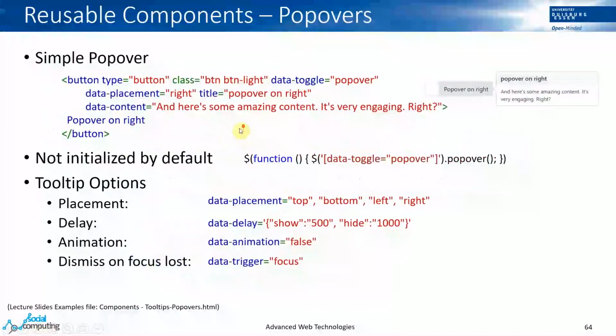After tooltip there is another option which is called a popover. It's similar to a tooltip, but it allows you to provide more information. For example, it will have a title, which is shown, and then the content will be shown separately. It has the same functionality, but the only difference between tooltip and popover is that usually a popover by default does not close. You have to click somewhere else to close it, but you can also allow it to close by losing focus if you say data-trigger focus.